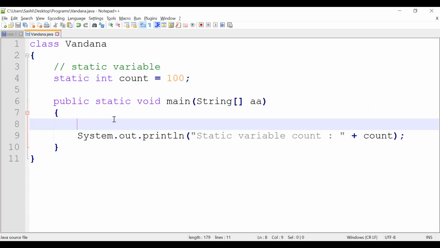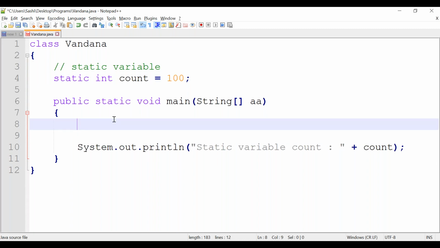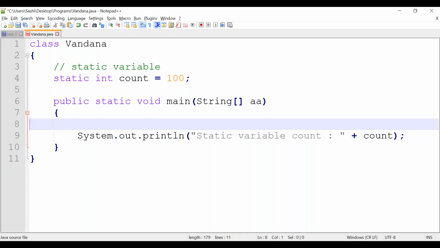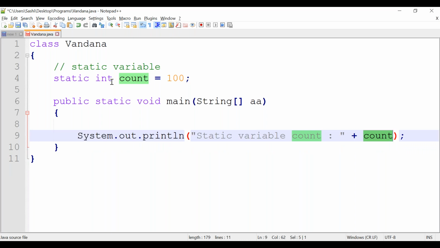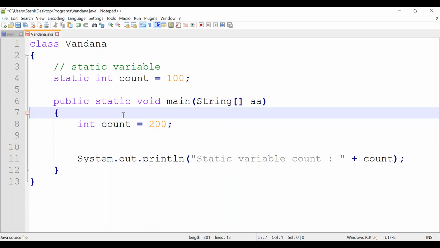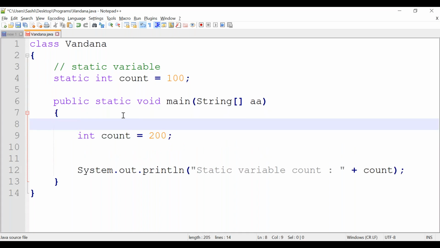Now I am trying to declare one more variable, int count equal to 200. Before declaring this local variable, when I print count, it is pointing to the static variable. Why am I calling this a local variable?